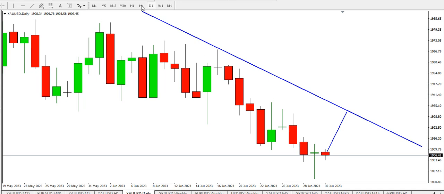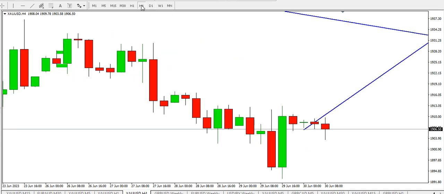On the 4-hour time frame for gold, what we are looking at is this bullish engulfing candlestick. Something happened a day before, or a couple of days back, where we had a bullish engulfing pattern that failed. But now we are having another bullish engulfing pattern, and this more likely is going to give us